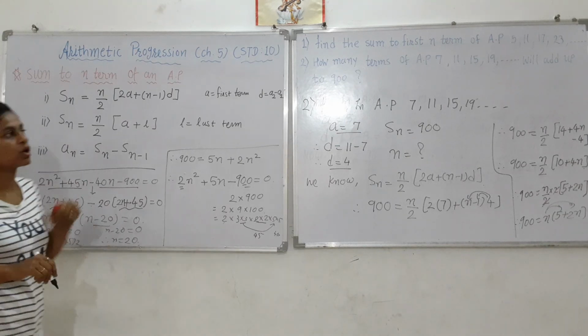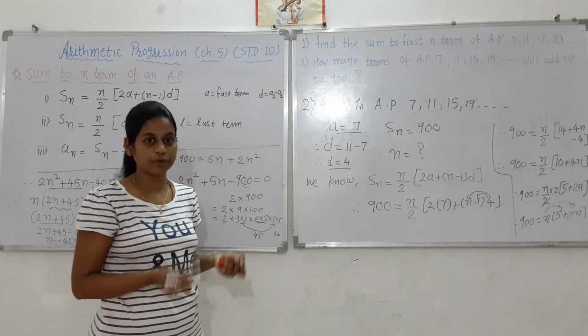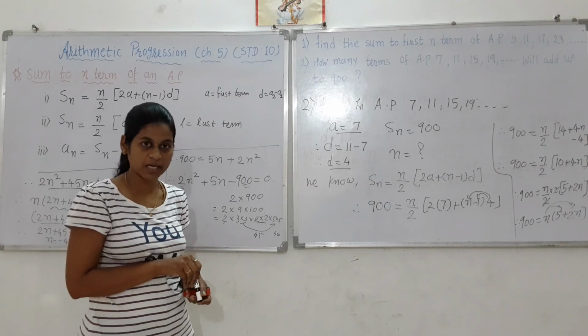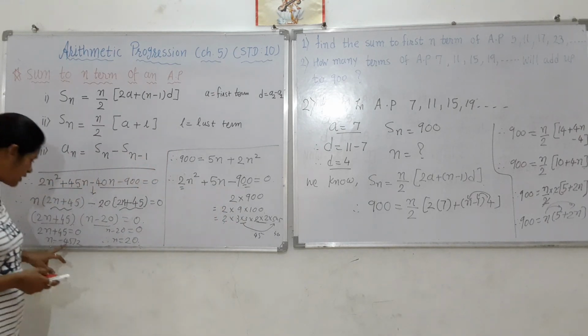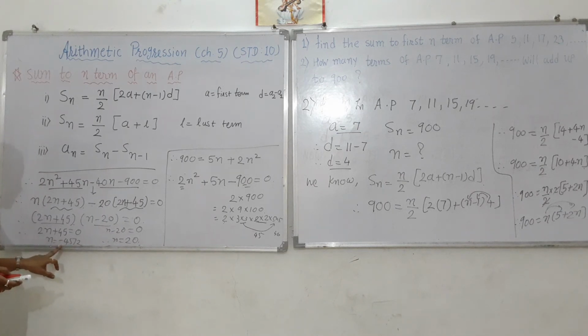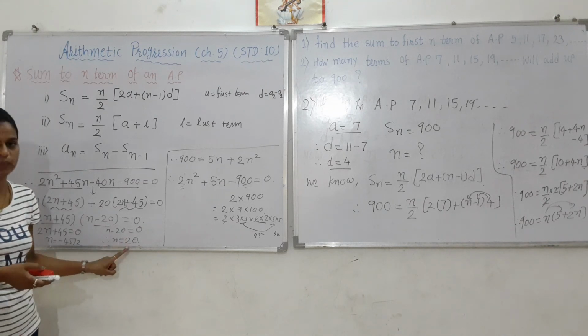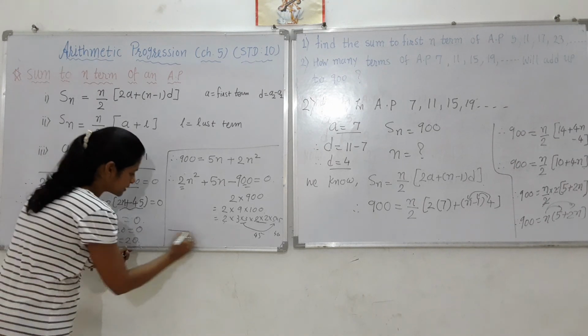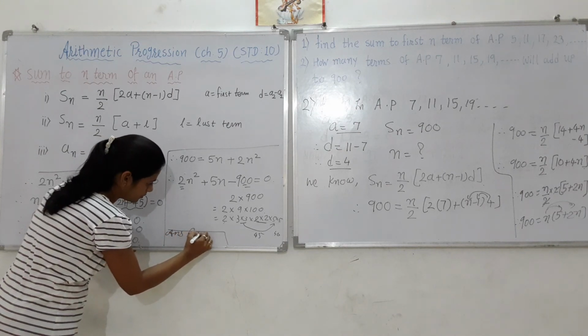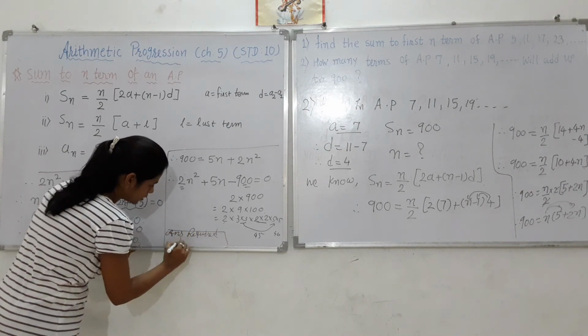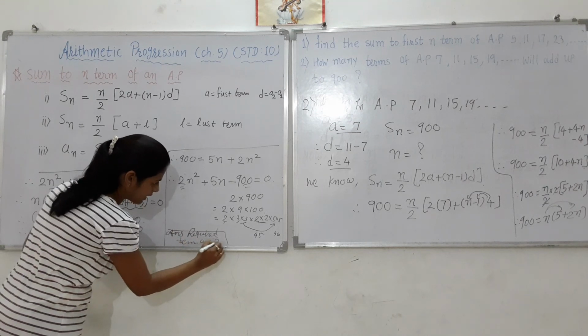But what is your n? n is the number of terms. So the number of terms can never be negative and never be in the form of a fraction. So this is in the form of a fraction as well as negative, so this is not possible. That's why the number of terms in the given arithmetic progression is 20. So your answer is 20. Required terms are